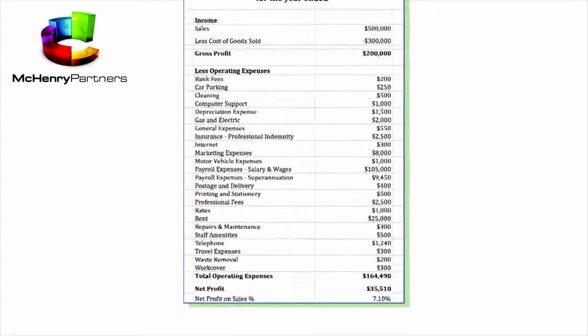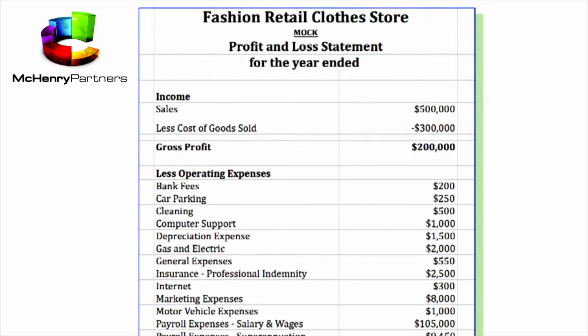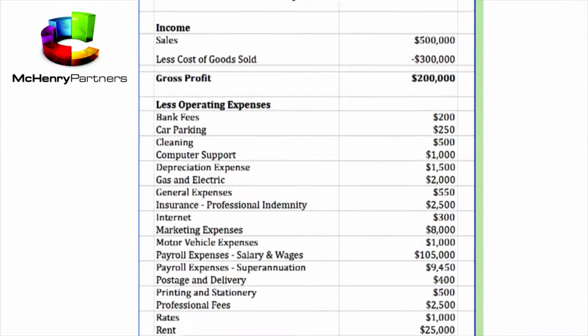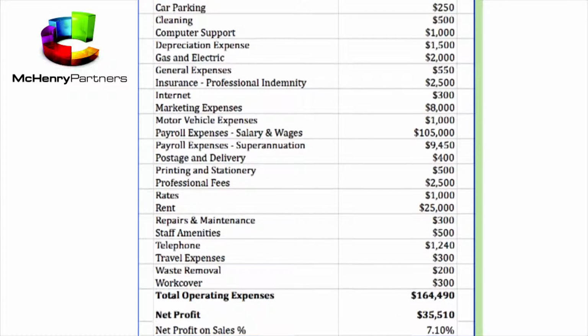Most businesses would like to increase their profits but are unsure of the most effective way to achieve this. So let's have a look at an example annual profit and loss statement of a retail clothing business, which we're going to refer to as MOC. MOC has generated a modest profit of $35,000, which as a percentage of the $500,000 sales is only a 7% profit return. MOC's overheads of $164,000 are fairly mean and lean,